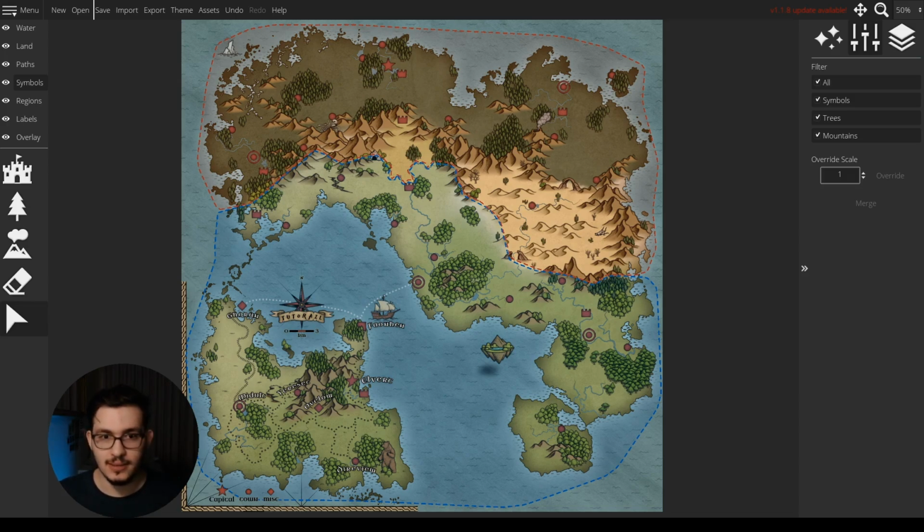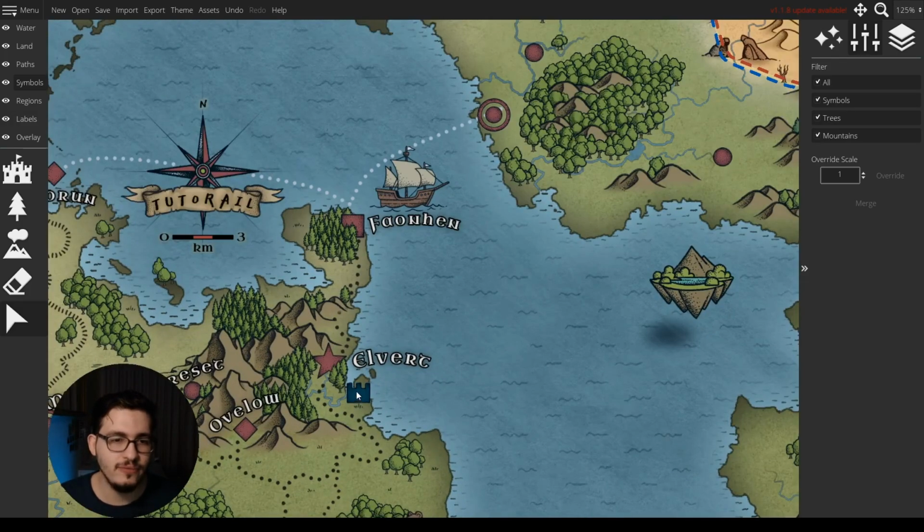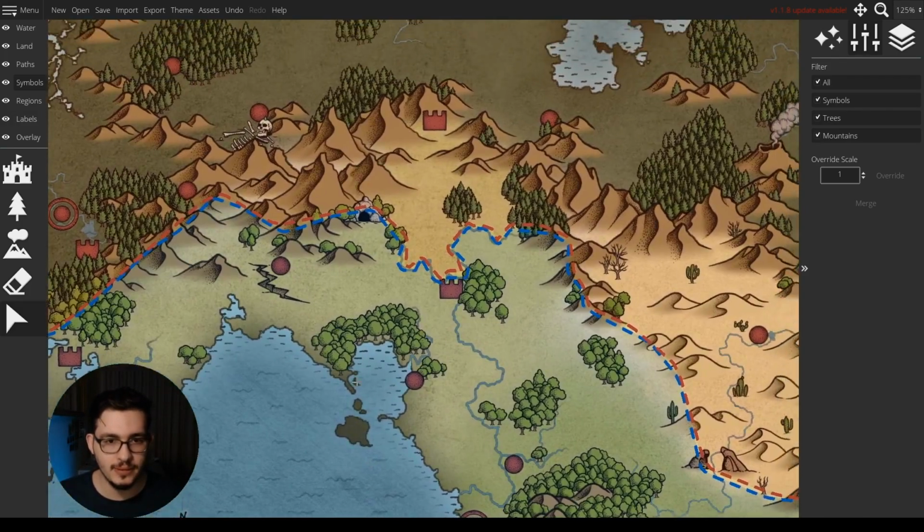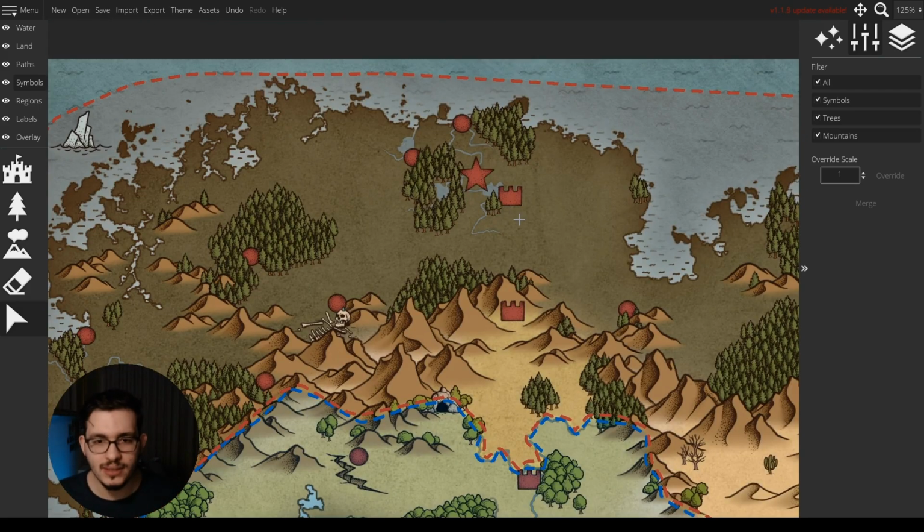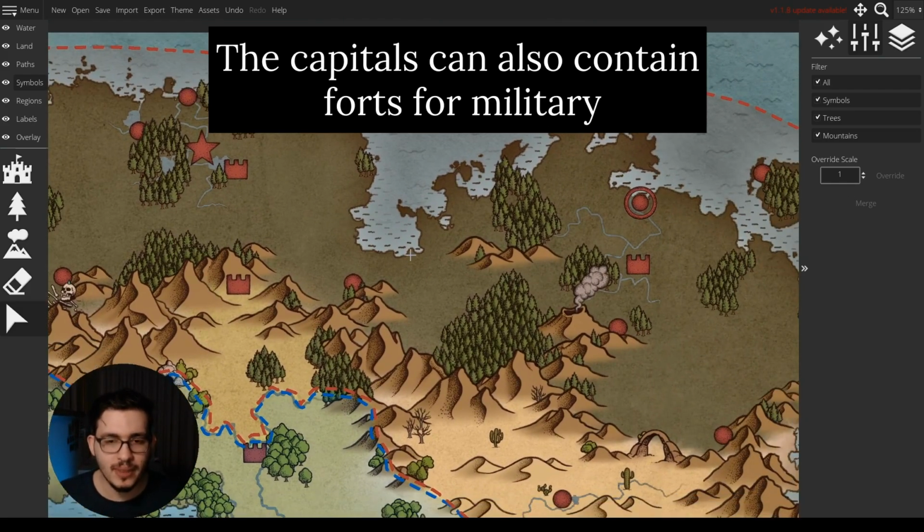All right, I'm back, done with the planning. What I'm going to do next is export this and overlay it to change them to the illustrated versions. And right now I'm happy with it. Time to give you the information that I used to add the settlements here. As you could notice, I have some forts nearby the capitals. It doesn't always have to be the case, you can have exceptions, but it would make sense.